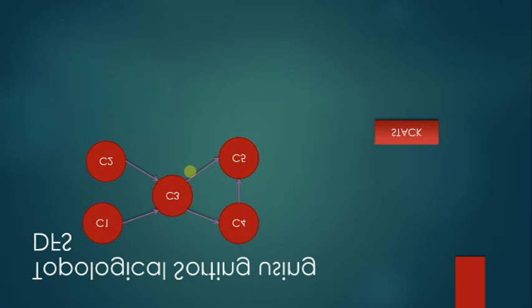Okay, this is the illustration of topological sorting using DFS. First, we'll do the DFS traversal. We'll insert C1 to the stack, followed by C3, then C4, C5, and then since it's a dead end, we will pop this element,